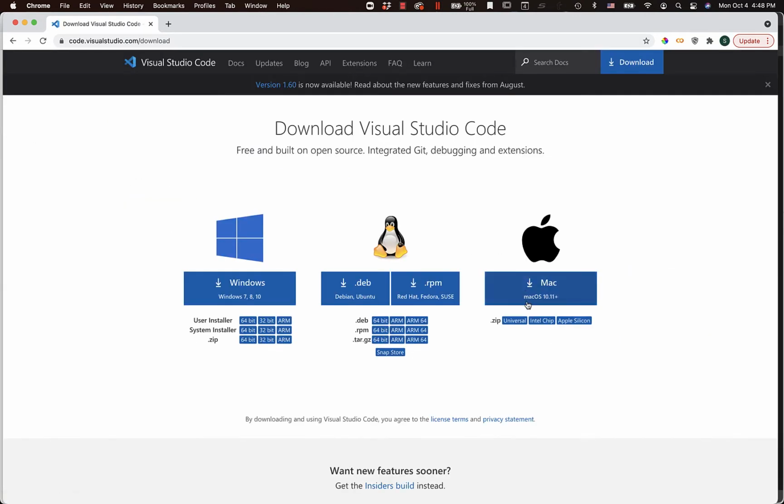And for the Mac, I've got an Intel chip Mac, and you probably do. If you have a brand new Mac, you have an Apple Silicon chip. The Universal will just bundle both of them and be a bigger file, so probably it's better to pick just the one that you need to save a little space. I have already downloaded it and installed it, and this is what it looks like when you first open up